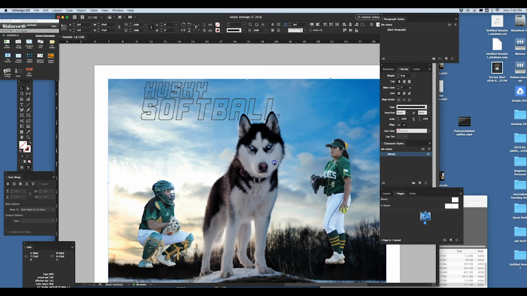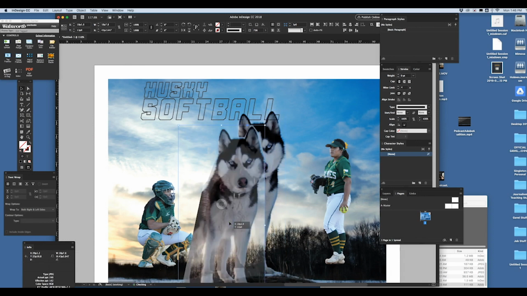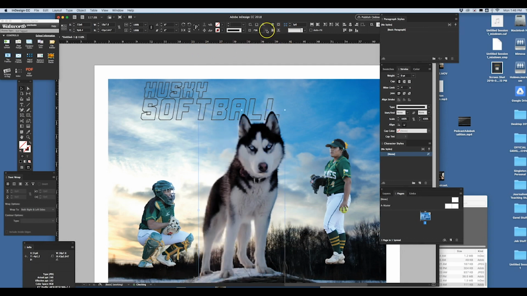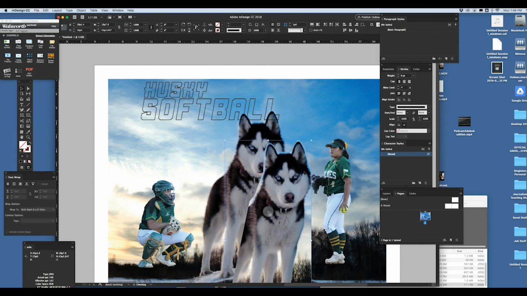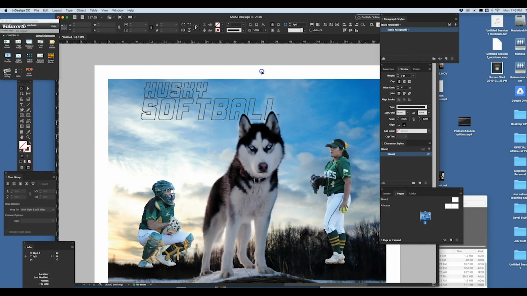And I'm going to select that husky layer that's on top. If I can here, grab my direct selection tool and grab that layer, and I'm going to go up and make that 100% too. You can see how it's still kind of see-through there. So I'm going to undo and put that back where it goes and make it 100% too. So now that looks a little better, I think. So you can see it's just a second layer that's on top there,